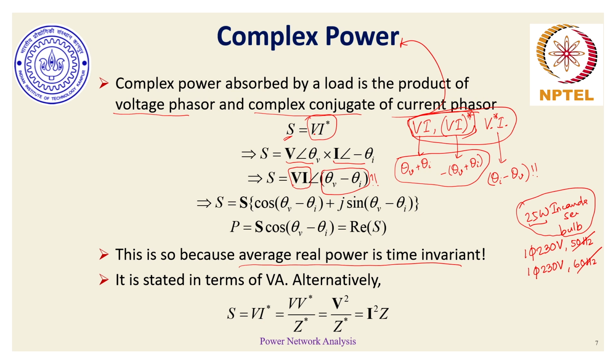If I define source frequency as 60 hertz, I will still get a voltage and current phasor, but when I take the difference of their phase angles, the importance of reference, which is the frequency reference for phasors, is being avoided or nullified. So essentially, the incandescent bulb which is supposed to consume 25 watt will still consume 25 watt no matter what